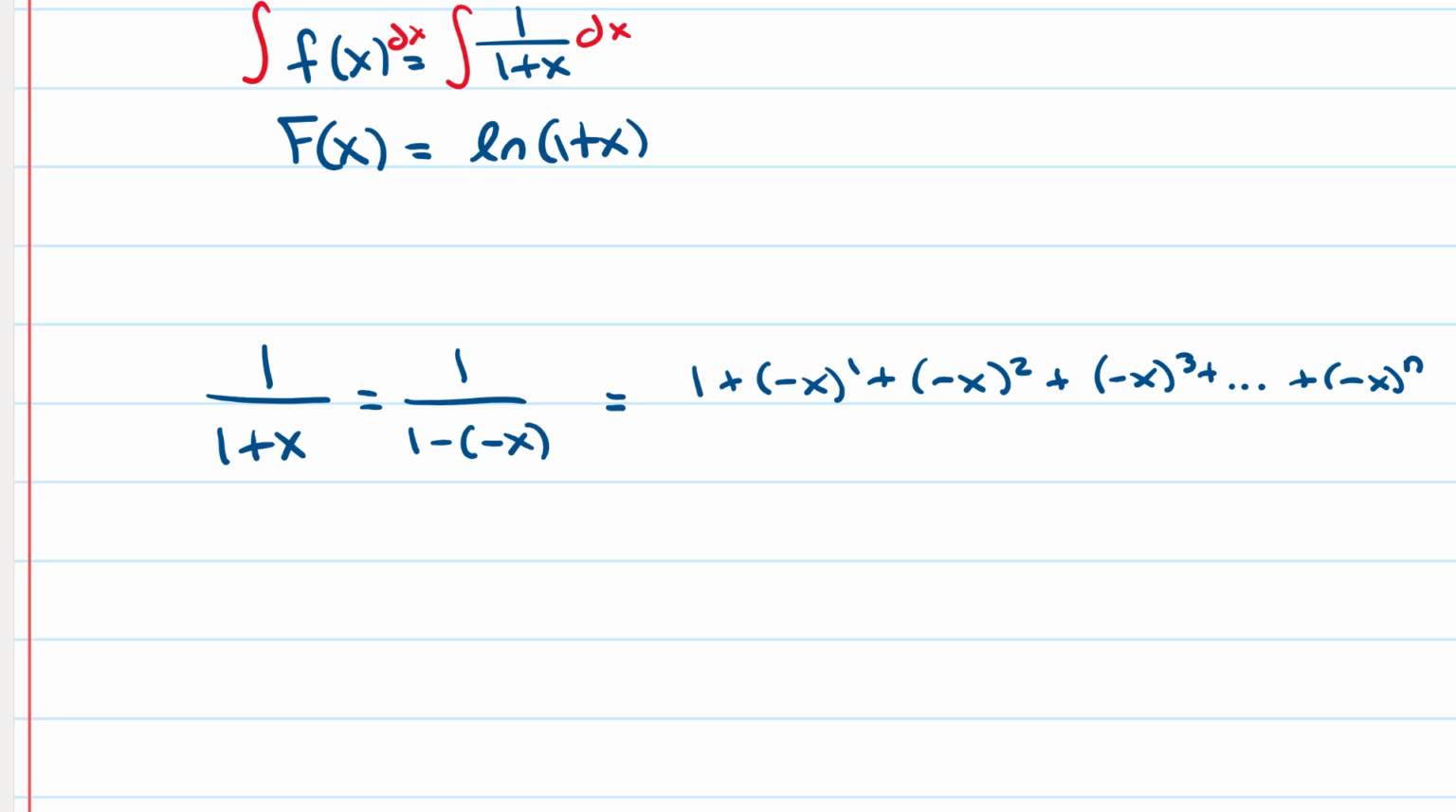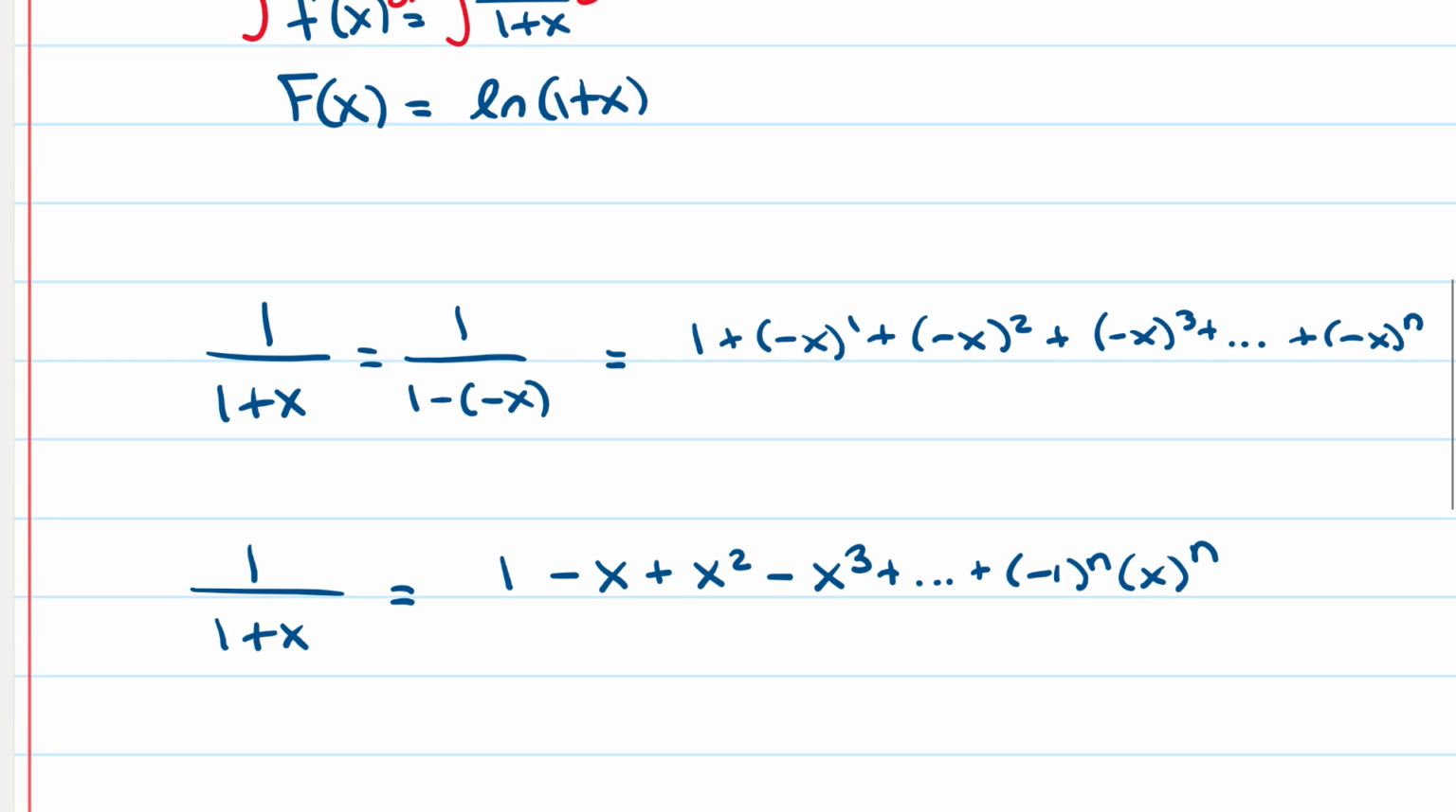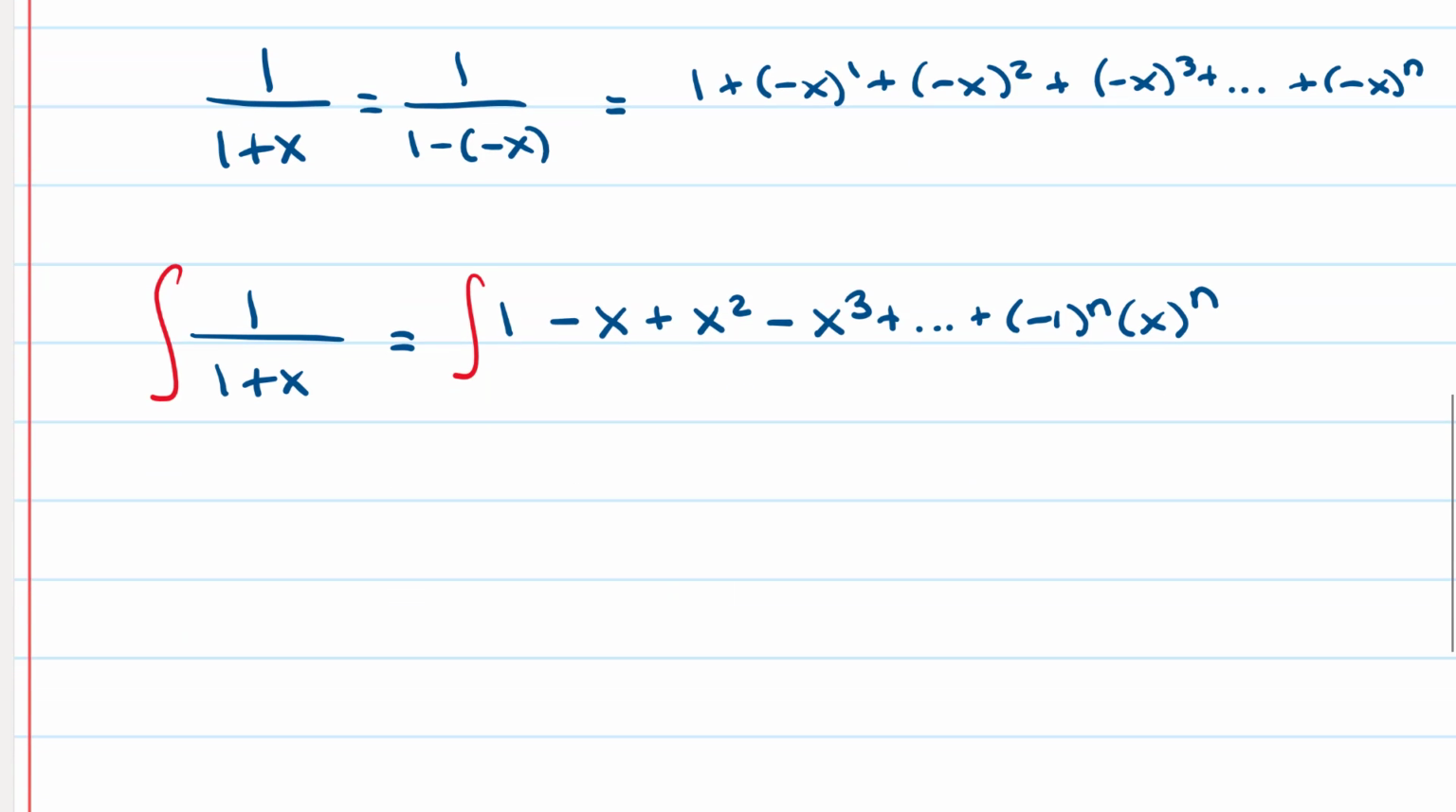Okay, so we have 1 over 1 plus x is equal to 1 minus x plus x squared minus x cubed plus dot dot dot plus negative 1 to the n x to the n. Okay, so now what we're going to do is integrate both sides. And so we get that this is ln of 1 plus x equals